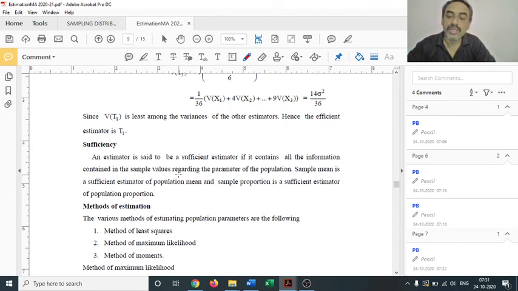So we don't need the real observations x1, x2, etc., xn. If all the information contained in x1, x2, etc., xn is possessed by the proposed estimator also, then Tn is a sufficient estimator. No need of x1, x2, etc., xn; Tn is enough to estimate the parameter theta. We are not coming to the other properties to examine the sufficiency of an estimator. That's about the four properties of estimators.